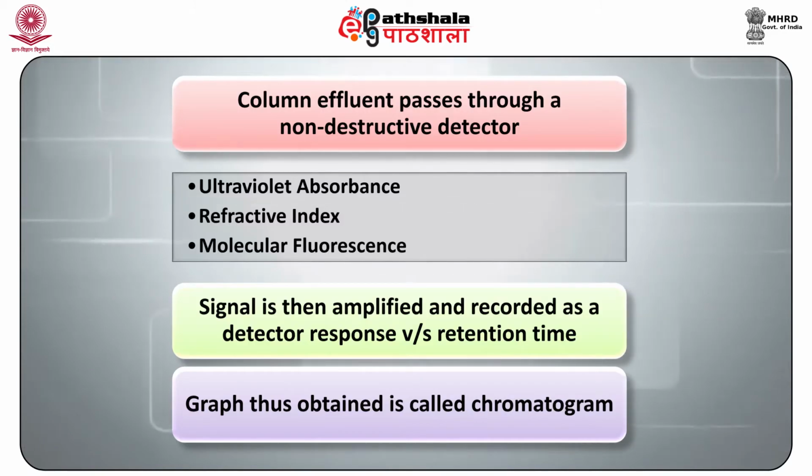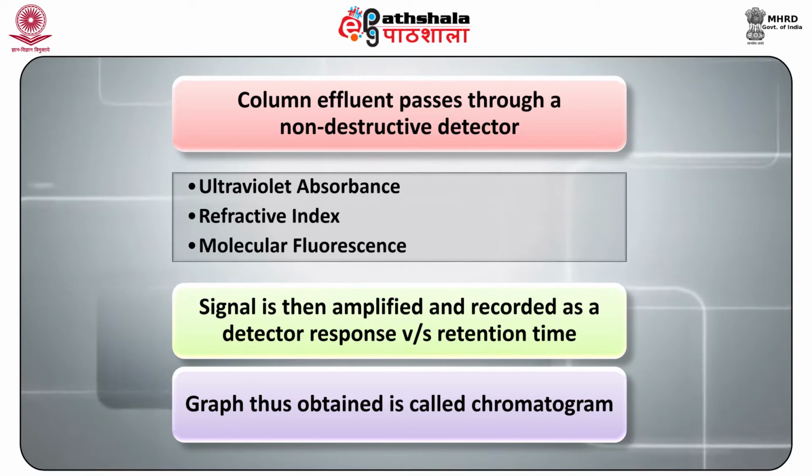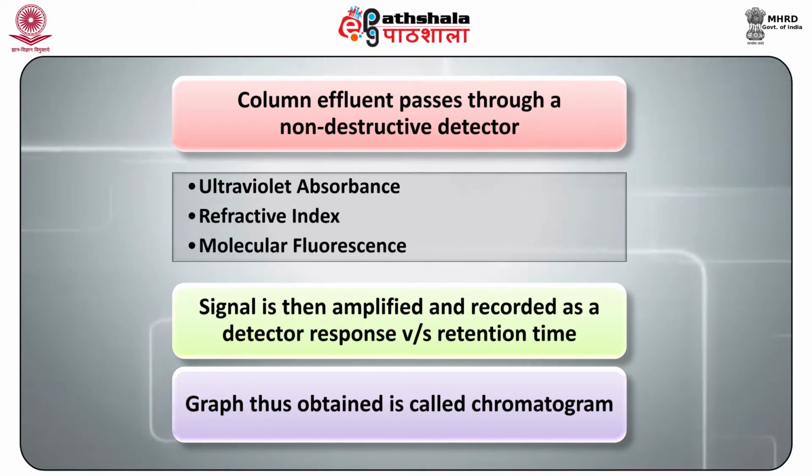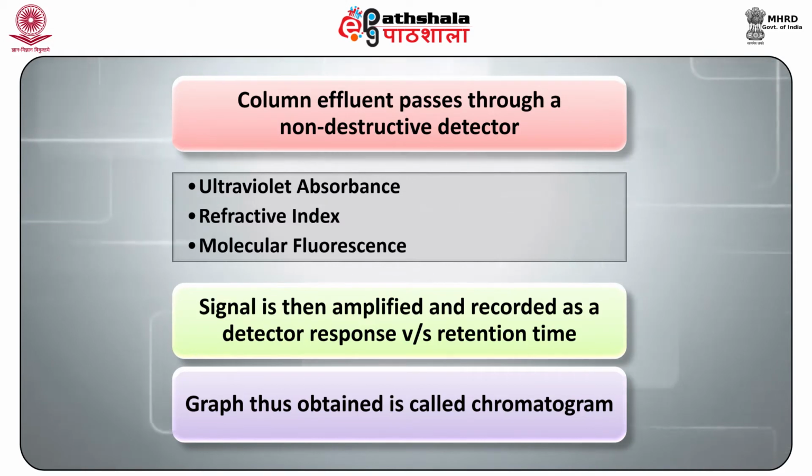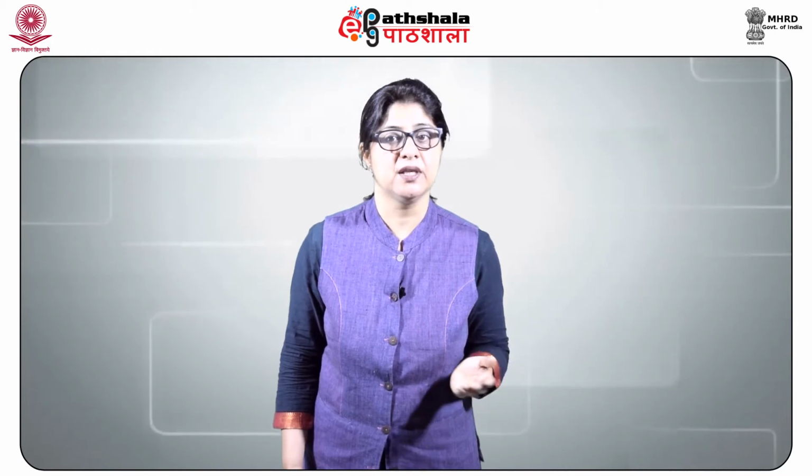The column effluent passes through a non-destructive detector where properties such as ultraviolet absorbance, refractive index and molecular fluorescence are monitored. The signal is then amplified and recorded as detector response versus retention time. The graph thus obtained is called a chromatogram. The effluent may be discarded, recycled or saved for further research or studies in a fraction collector which is